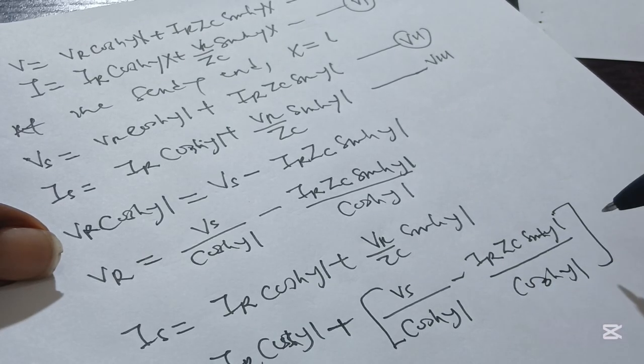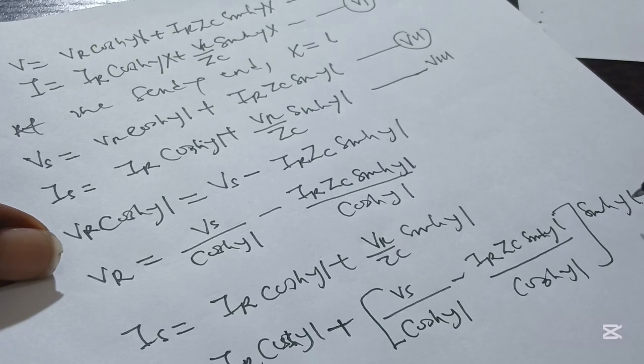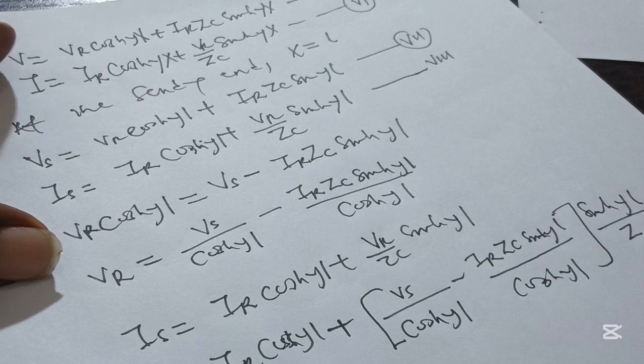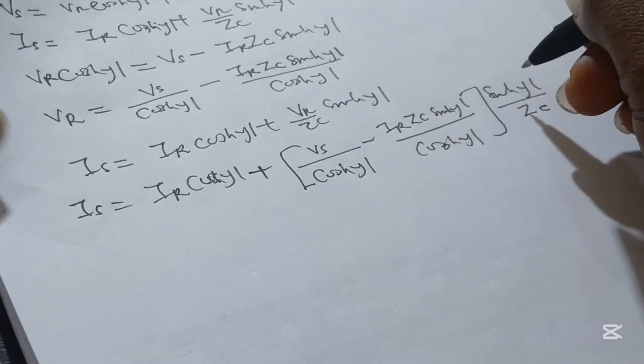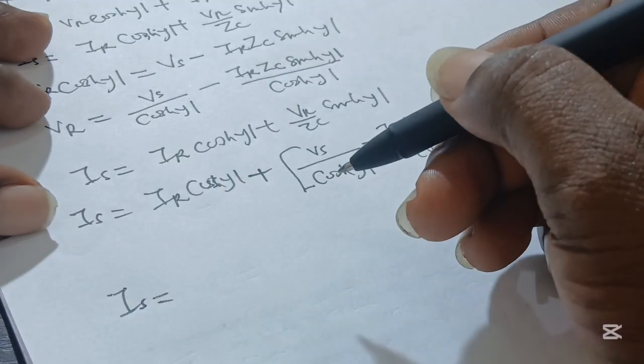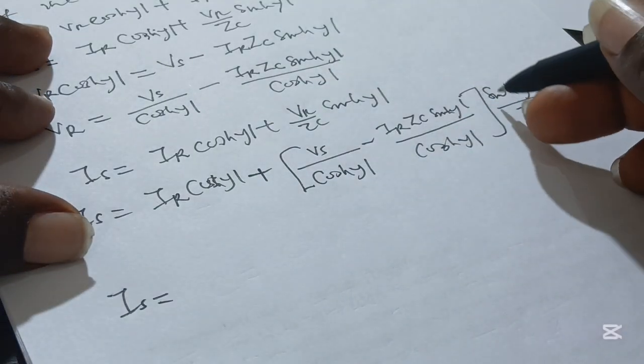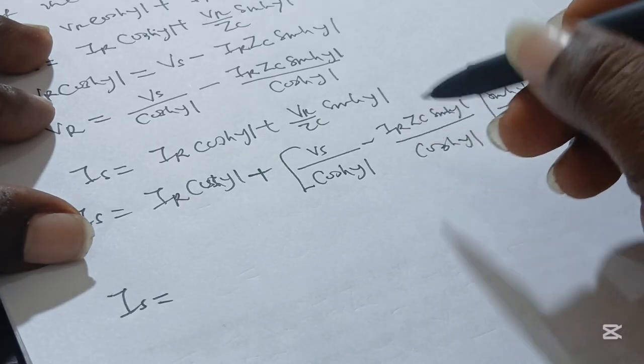All this multiplied by sinh(γl) divided by ZC. So we can actually further reduce the expression by multiplying this through by this, and